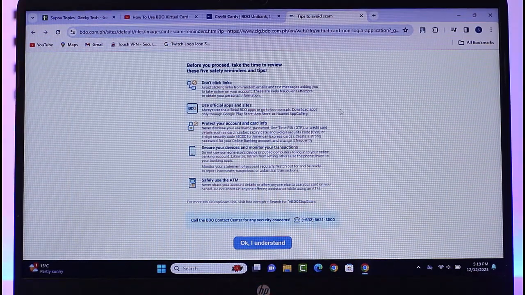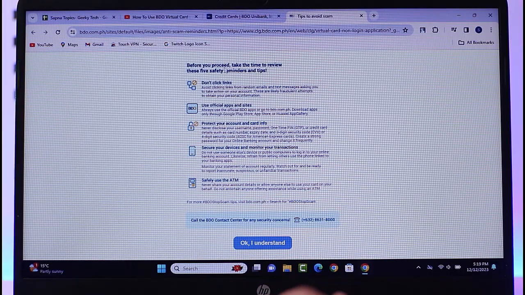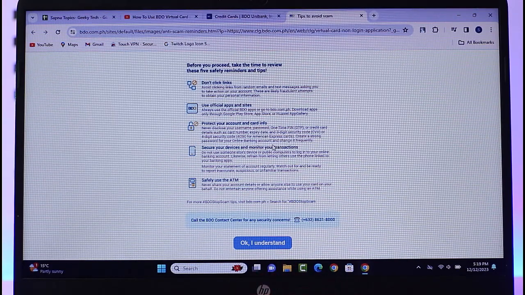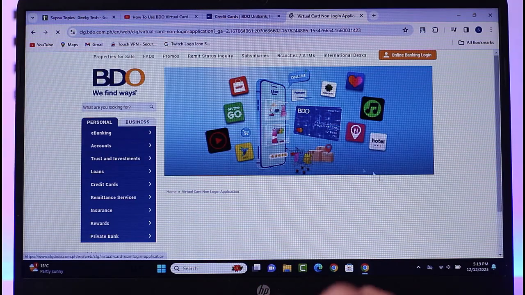Now it will show you the ways for you to do so and the benefits you will get. You can see, before you proceed, take the time to review these 5 safety reminders and tips. Make sure to read all of that so it will be easy for you to access and use it further. Now go ahead to the bottom, tap on this okay, understand, and now it will show you this kind of interface